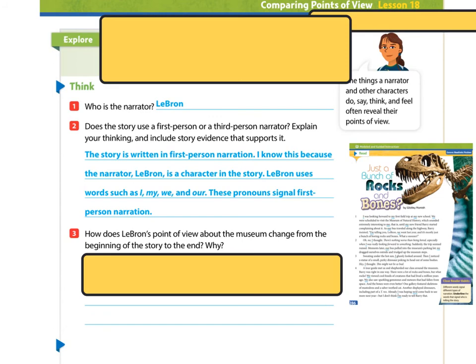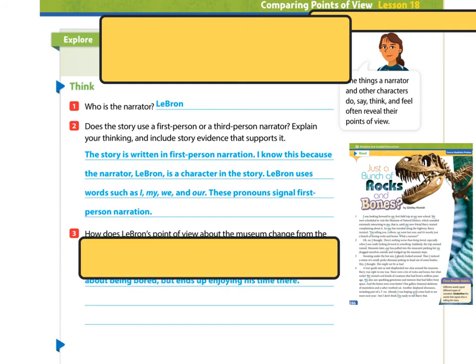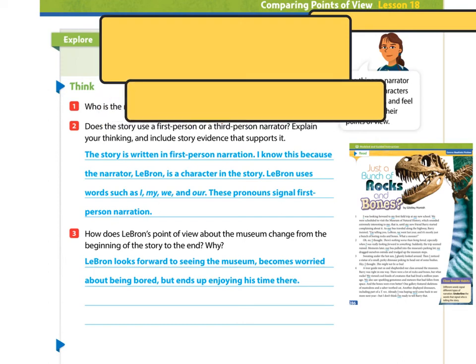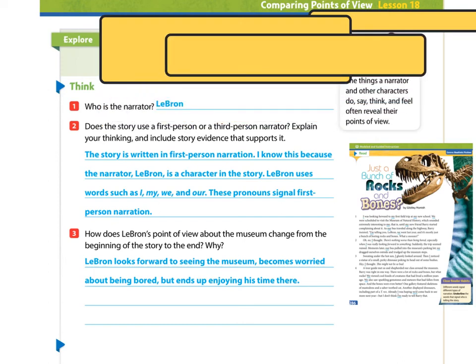And now I'm thinking about, how does LeBron's point of view about the museum change from the beginning of the story to the end? Well, LeBron at the beginning didn't know about it being just rocks and bones. So I'm thinking LeBron would look forward to seeing the museum. He's looking forward to it, but he also becomes worried about being bored, and then eventually he ends up enjoying his time there. That point of view was definitely inside the text or given by the narrator or the author. Now, we are not finished with point of view, but I do want you guys to notice that the clock